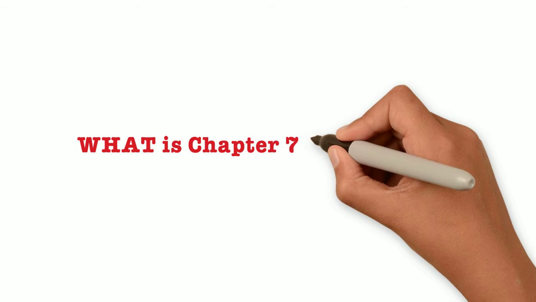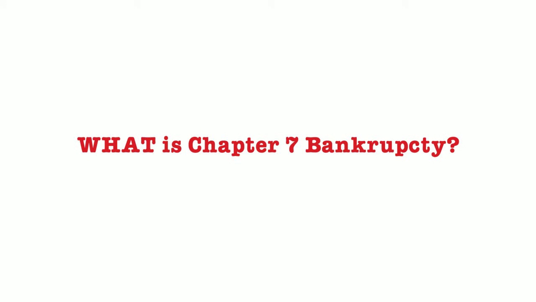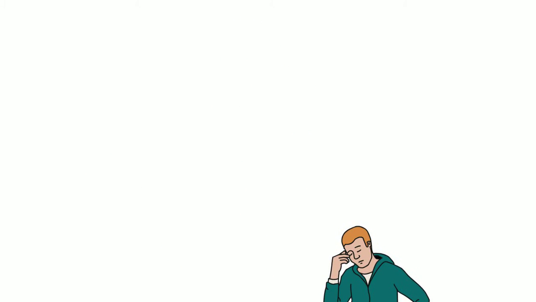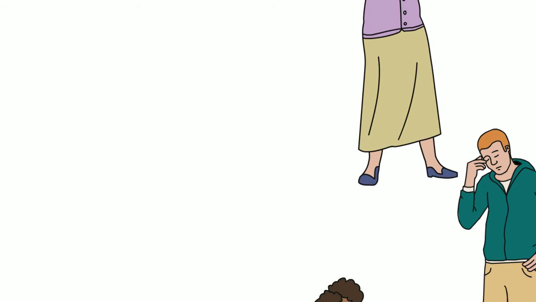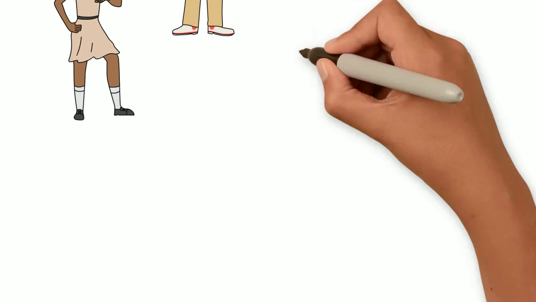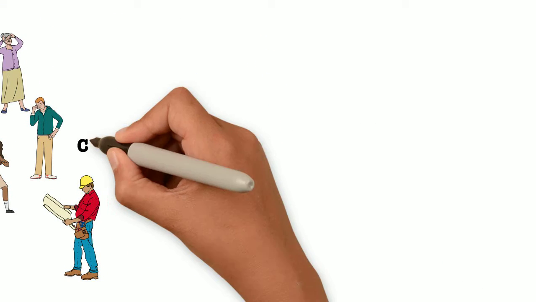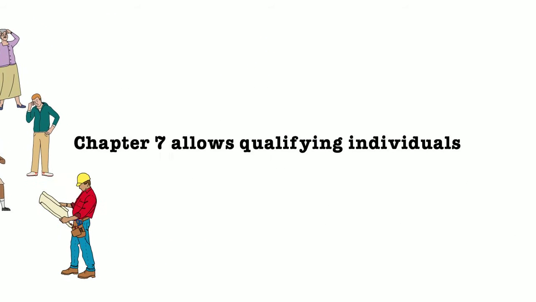Chapter 7 allows for individuals who qualify to discharge most of their debts. This is accomplished by liquidating non-exempt assets to settle current debts. The process is relatively straightforward. Essentially, each state has a list of items, for example, a home, a car, most personal property, that are exempt